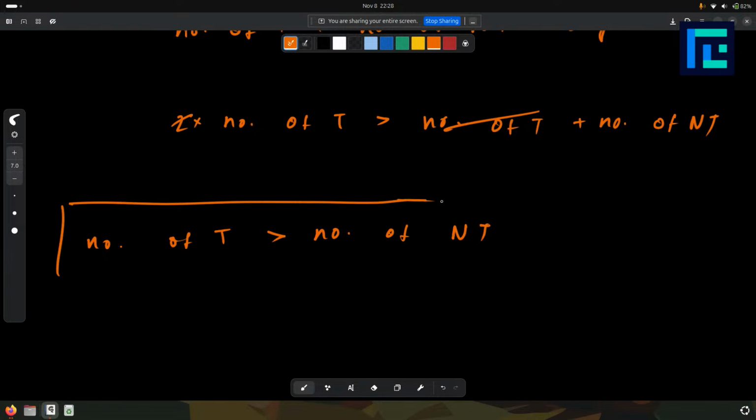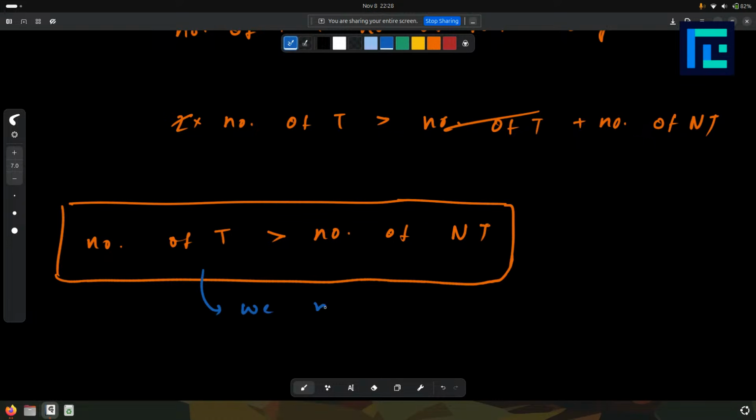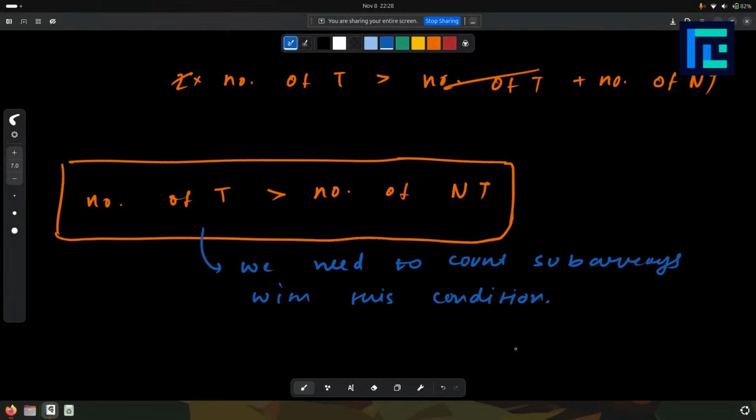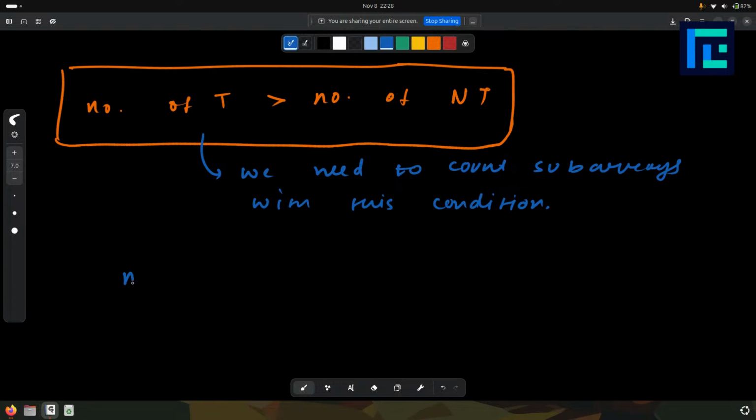So we have now formulated a new problem which is identical to our original problem. We need to count subarrays with this condition now. Or we can say that number of targets minus number of non-targets is greater than 0, right? So what we can do now is